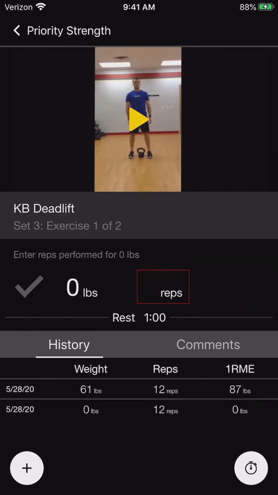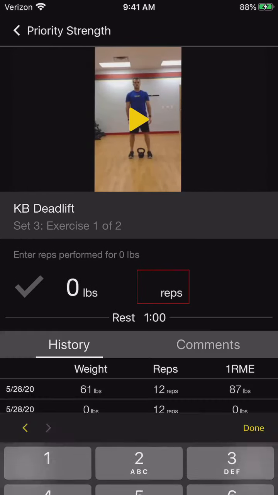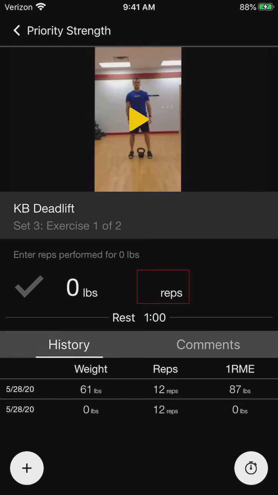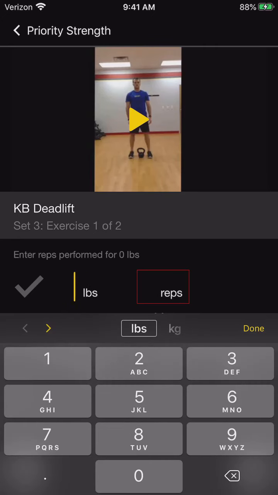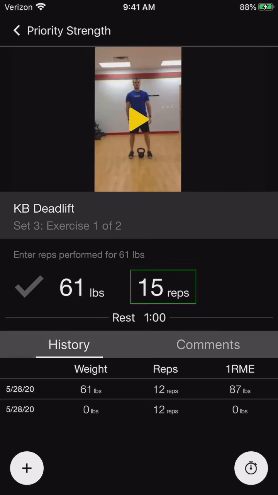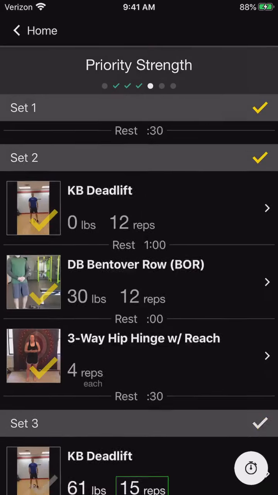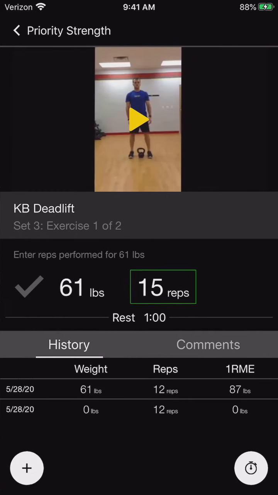So kettlebell deadlift, if I press on this, we're going to do reps. Enter reps performed for 0 pounds. So I'm going to do max reps. This is where testing out comes in. You won't see it too much here. Say I use that 61 pounds and say I got 15, right? But it will require you to type something in that red box. That's where we can go back and see what you lifted over time. It will also give you,